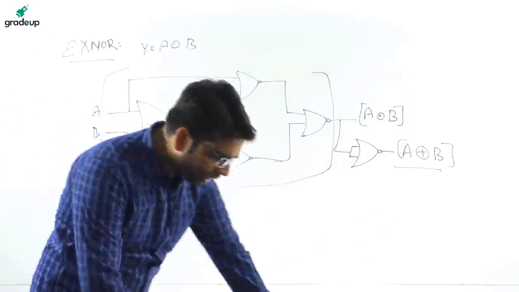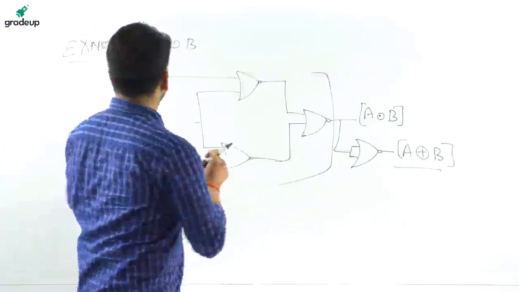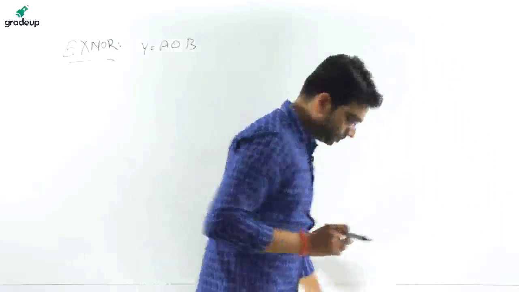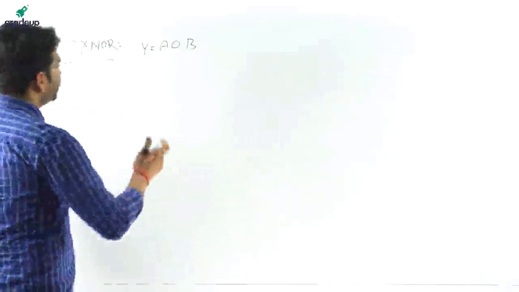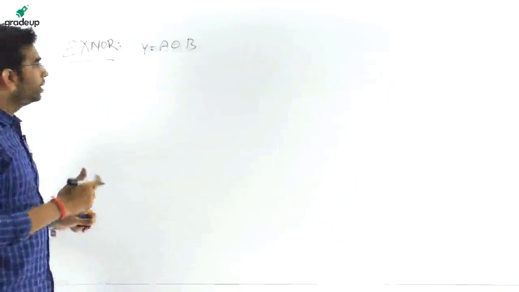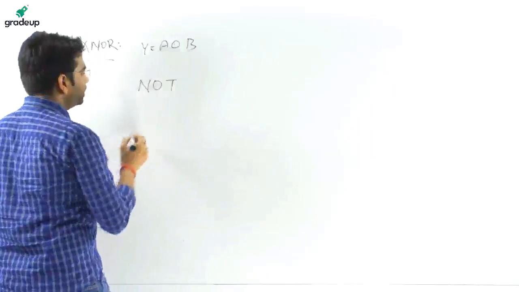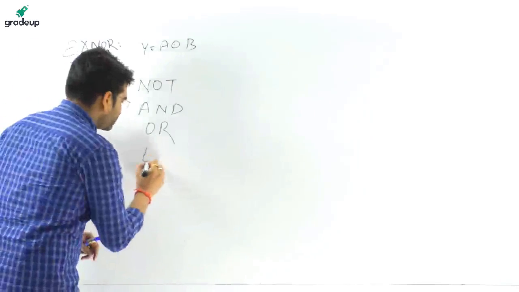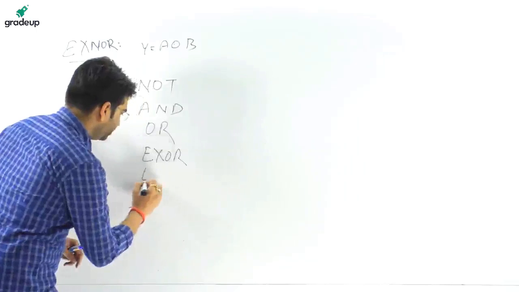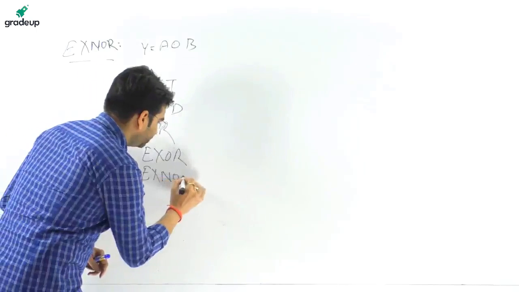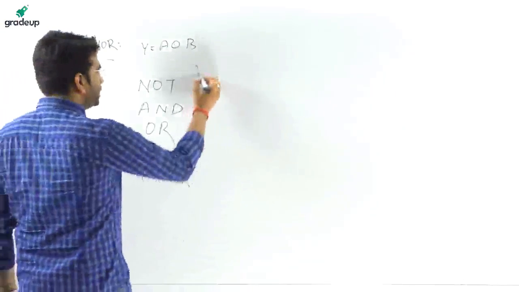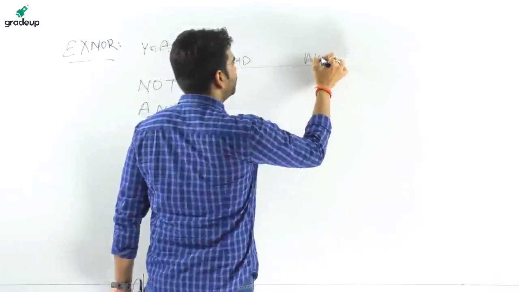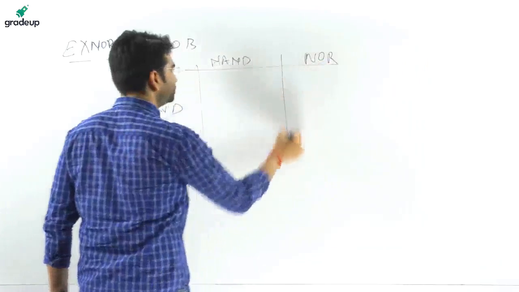Now again I'll write a table for you so that you can be very comfortable in the exams while attending this type of question. So be attentive and just go through what I have taught. I will teach everything. NOT gate, AND gate, OR gate. What are the other types of gate? XOR gate, and again XNOR gate. Take a snapshot of this, it is important. How many NAND gates and how many NOR gates? Dear friends, is it visible?